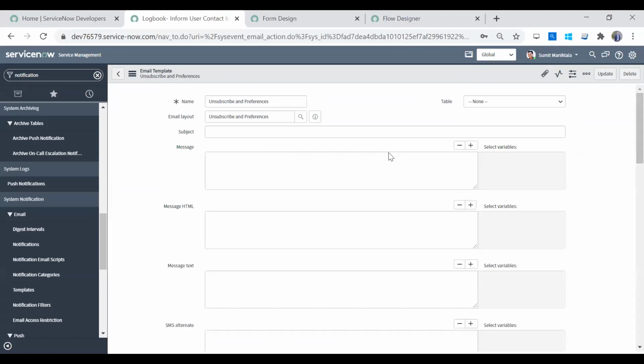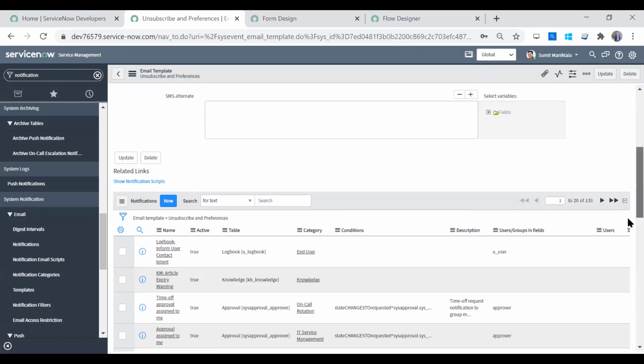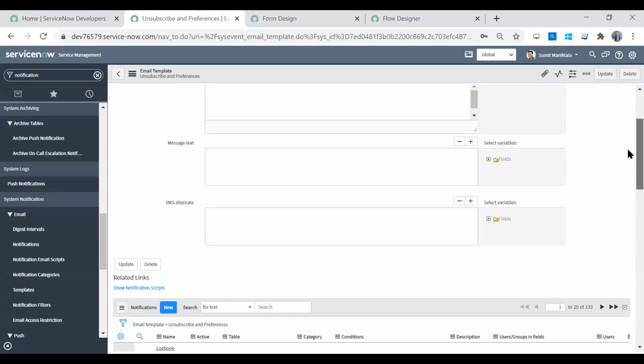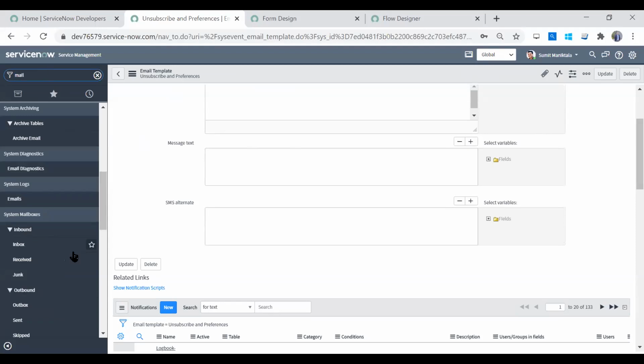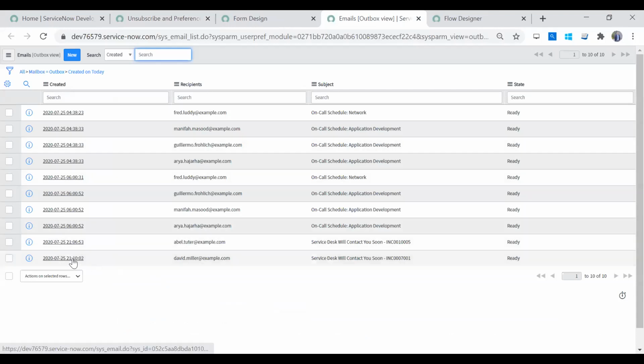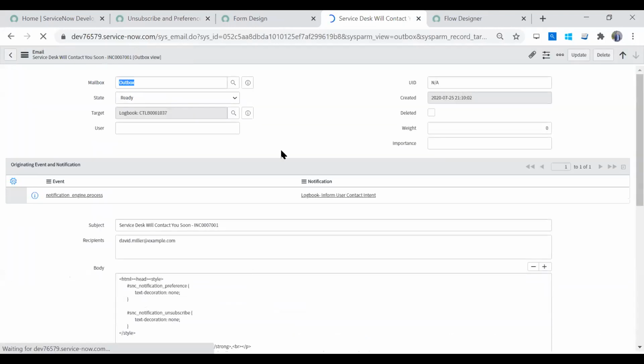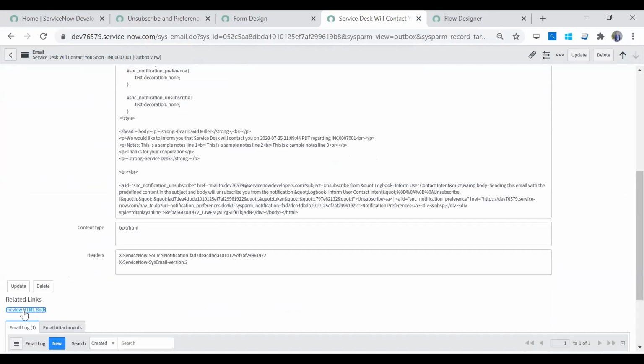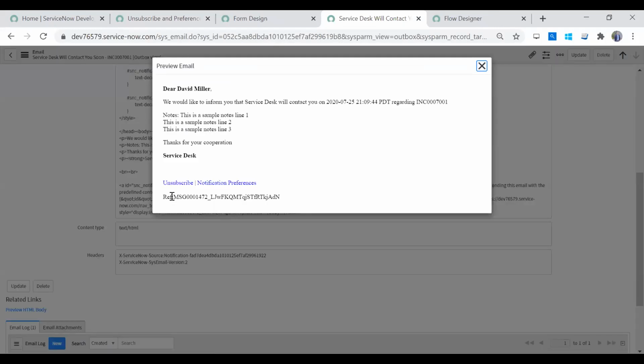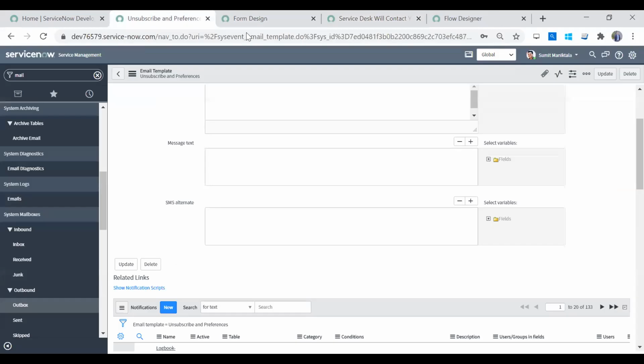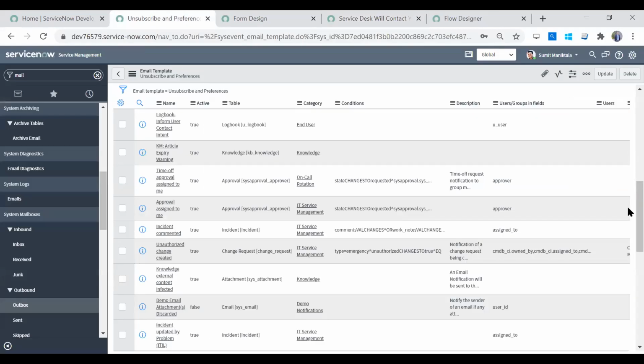So it's just adding that unsubscribe and subscribe option at the bottom of the email. If you might have noticed, again, outbox, those emails are not going out because the email addresses are fake, and I've not enabled emails on my instance to go out. But if you noticed at the bottom, if I open this in HTML, there's this subscribe and unsubscribe and notification preferences link. That's what is coming from within this template, right? From this template,